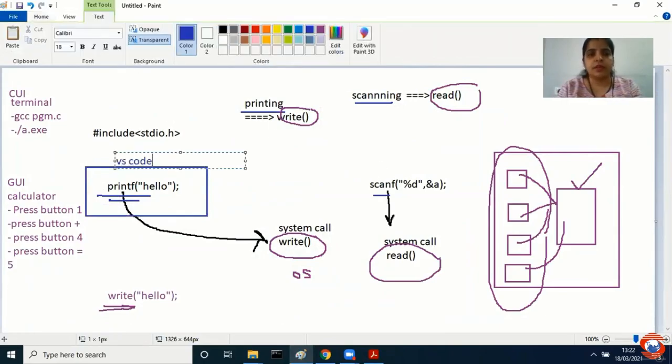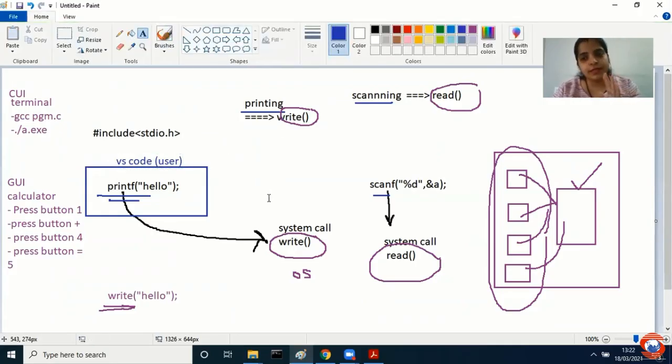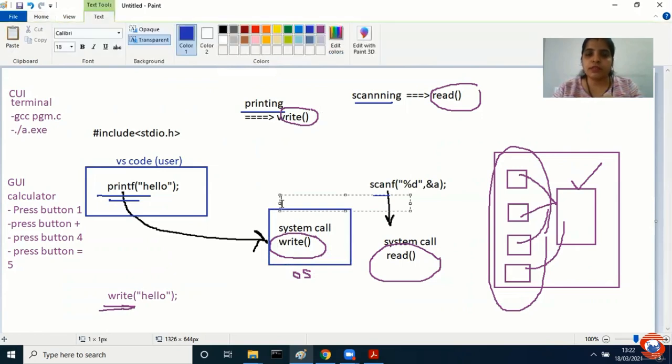VS Code से, right? Is the user aware about it? Am I aware about the VS Code application? Yes. Now, when I have used this printf, this particular part, the write system call, is executed by my OS.